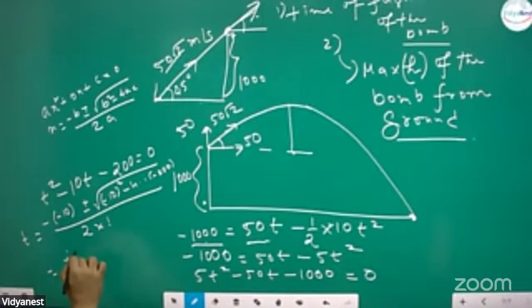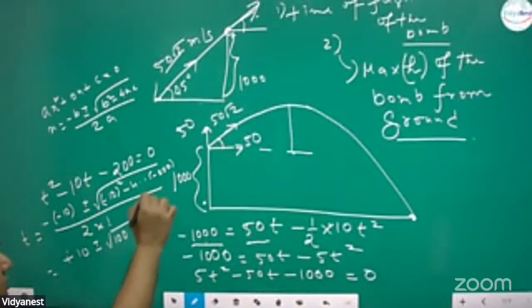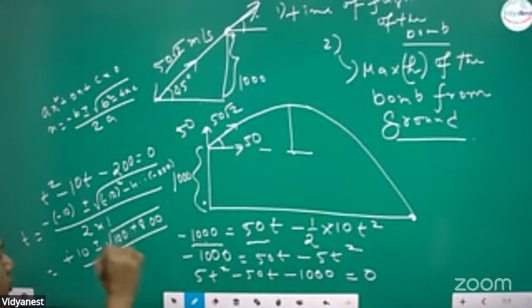Minus plus 10, then plus minus root over 10 square, means 100. And minus 4 into minus 200, what does it become? Plus minus plus, it becomes 800. 4 doubled is 8, 800 divided by 2, then 800 plus 100 means 900. Yes. Root over 900 means 30. 30, very good. So the result is plus 10